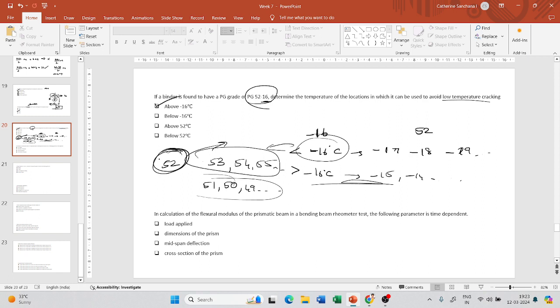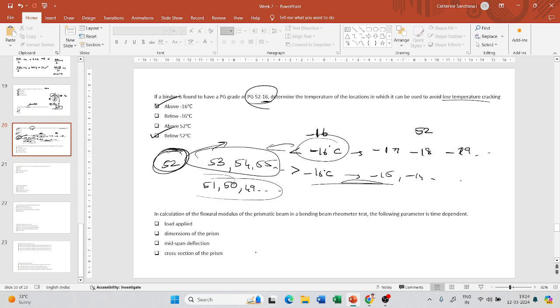So if you see here, it has to be below 52 degrees Celsius. As we saw for high and intermediate temperatures, it has to be the other way around, right? So if you go above 52 degrees Celsius, the bitumen will be very soft and it will be prone to rutting. So it always has to be less than 52 degrees Celsius, only then it will have sufficient stiffness to resist rutting. Okay. The next question, in calculation of the flexural modulus of the prismatic beam, the following parameter